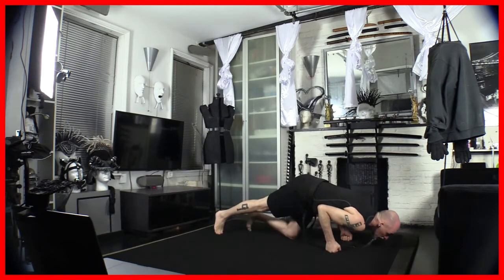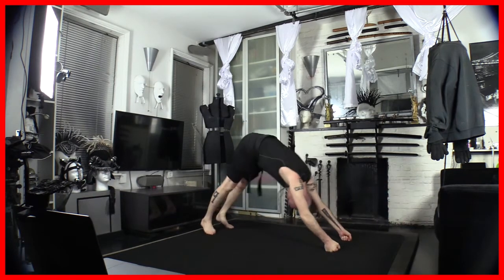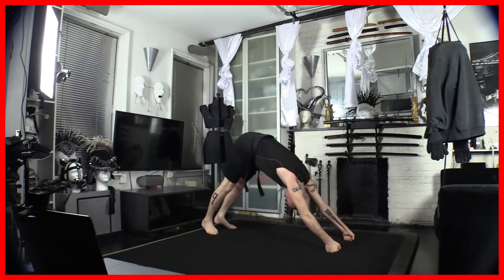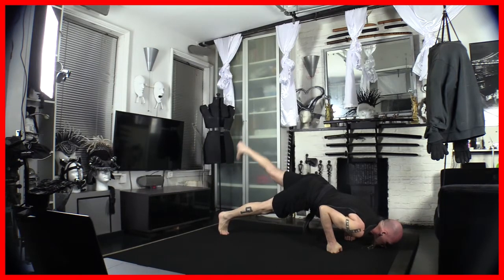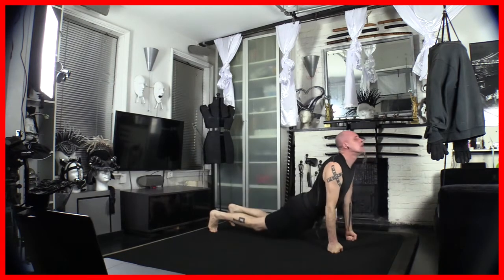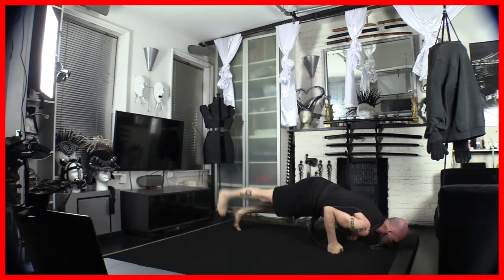Push-up position, head up, right leg up, down, left leg up, down, head down, back, scoop, back, down, head up, right leg up, down, left leg up, down, head down, back, scoop, back, down, head up, right leg up, down, left leg up, down, head down, back,